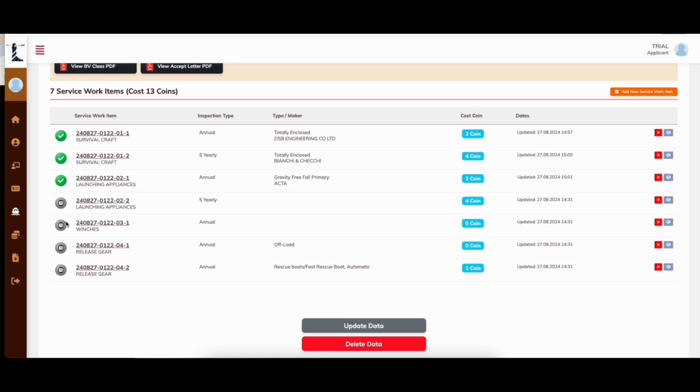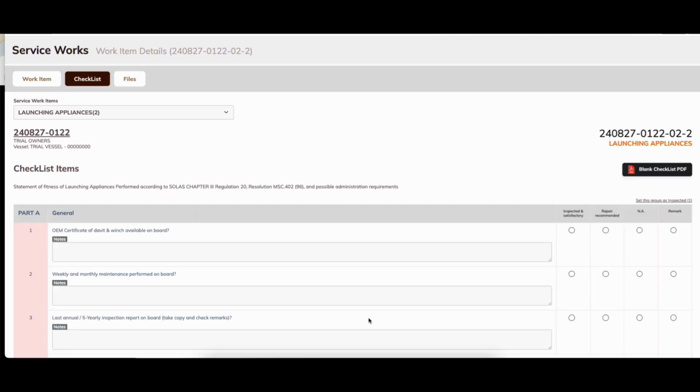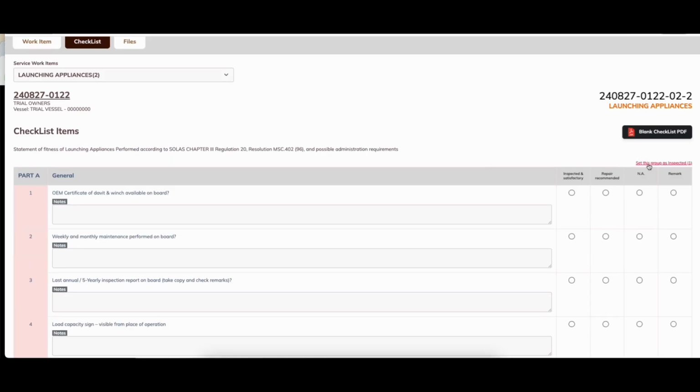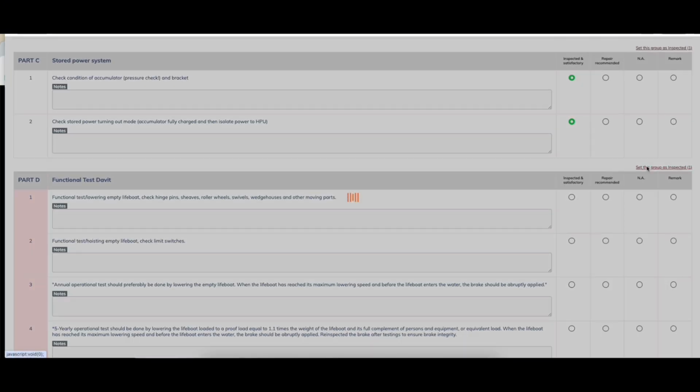So you'll see that also I have to complete this and file type and series, safe working loads and serial number updates, and set this group as inspected. You see, and part C and part D,